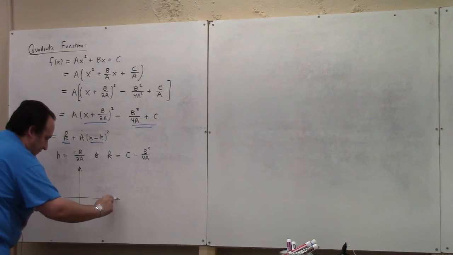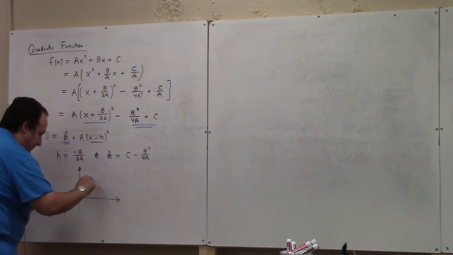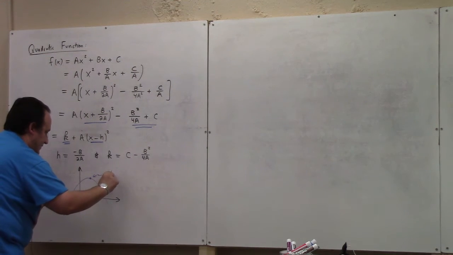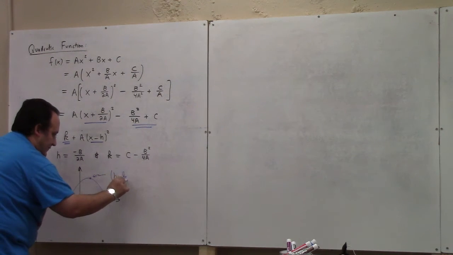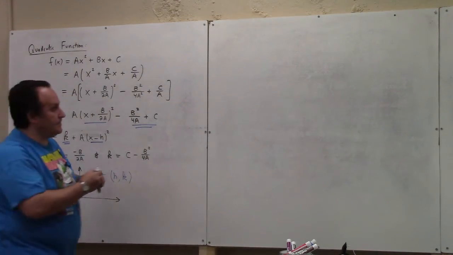If I graph the quadratic, maybe it looks like this, right? And if I wanted to tell you what the point is right there, that point is h comma k, right? With the formula given right above. And so that would tell you where the maximum value for the quadratic function is. The maximum value is k, right? And where does it happen? It happens at x equals h. For example,